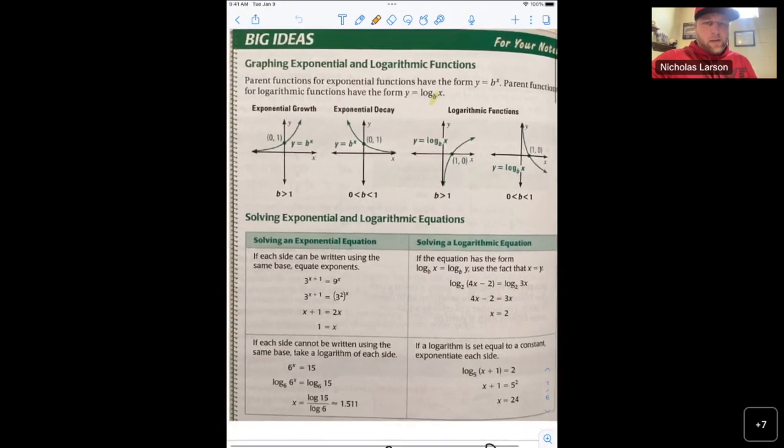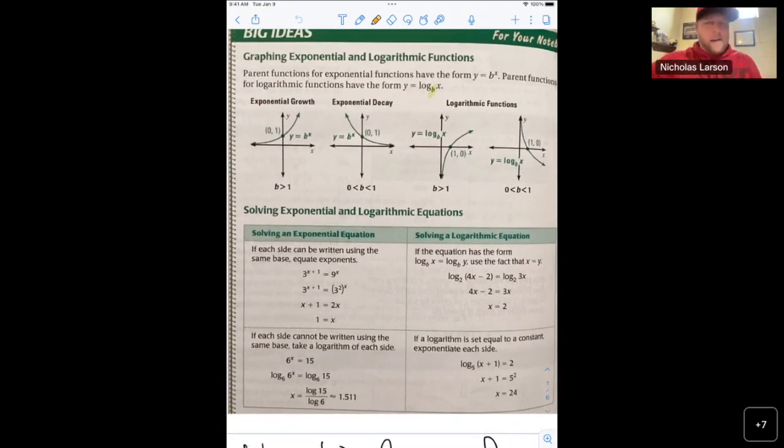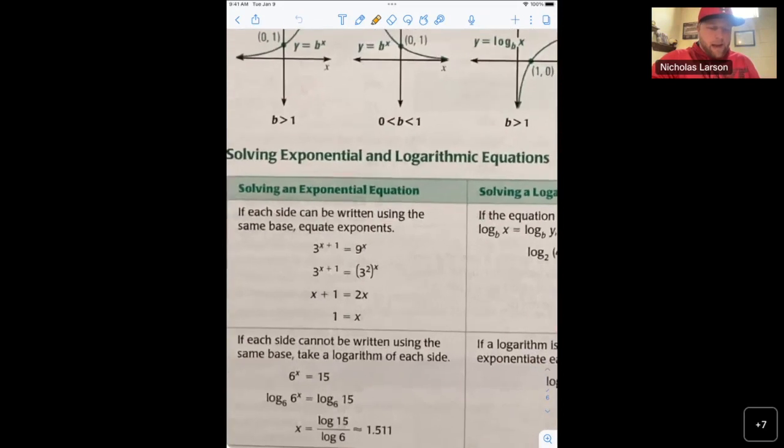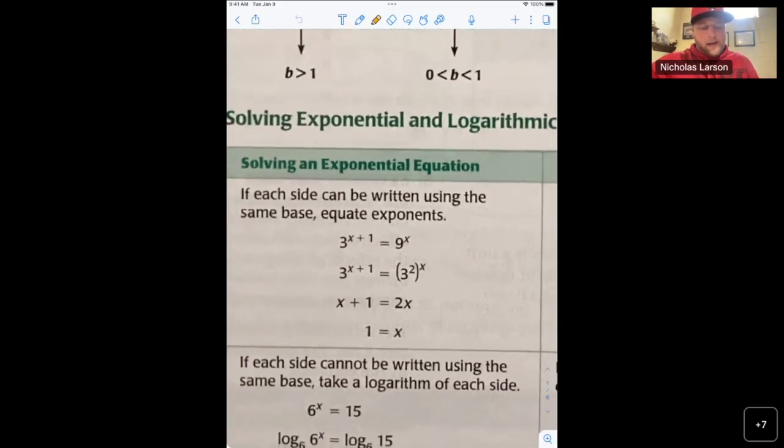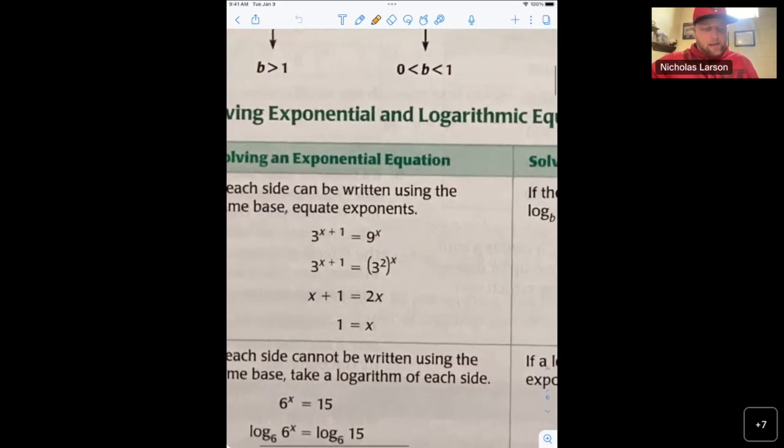Let me scroll down so you can see. Looking at the top left in the table here, solving an exponential function. Again, I've got my variables in the exponent. That's where I am having an issue. So what did we decide to do? We said, hey, we're going to rewrite 9 as 3 squared. Now that we have the same base for both of these exponents, they can cancel out. And all I'm left with is x plus 1 equals 2x. And eventually you end up getting x equals 1.